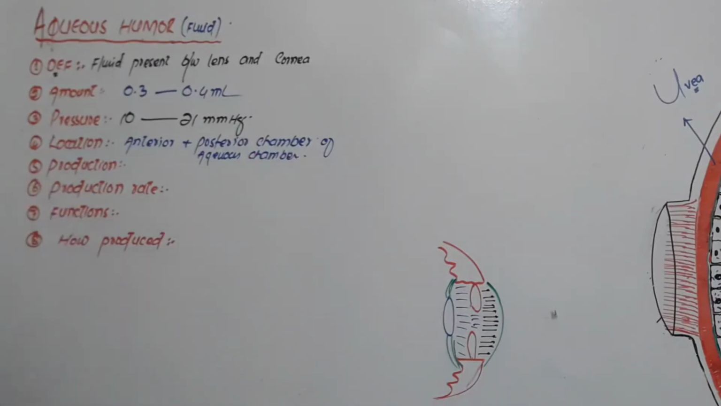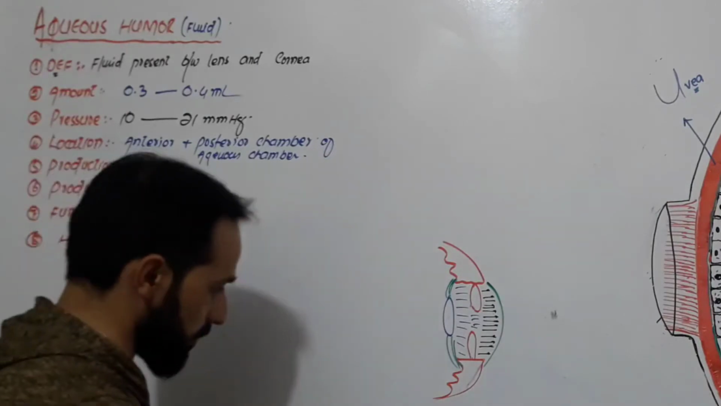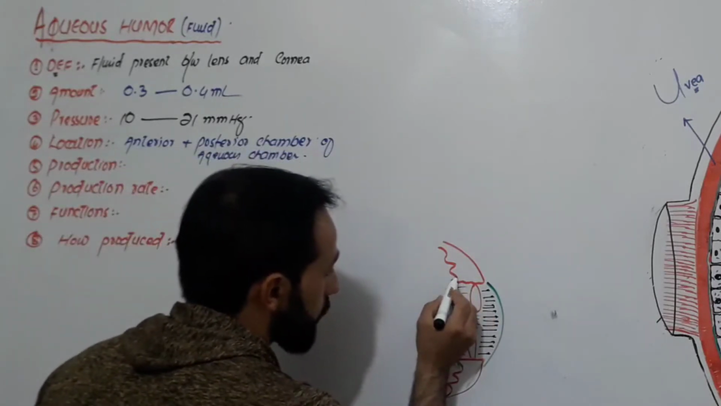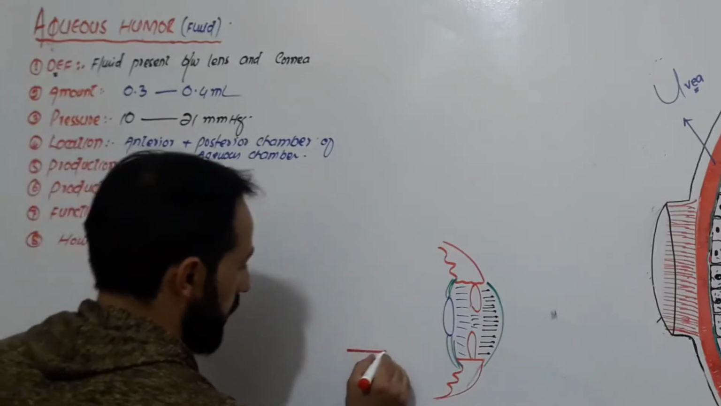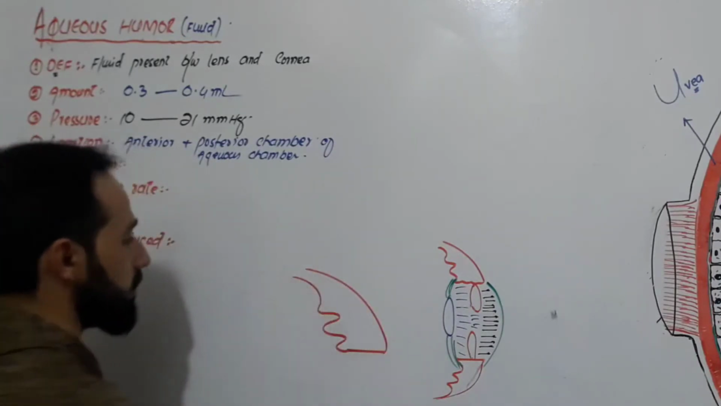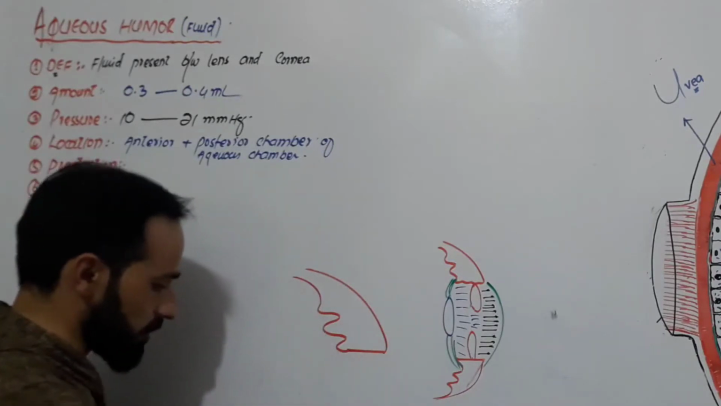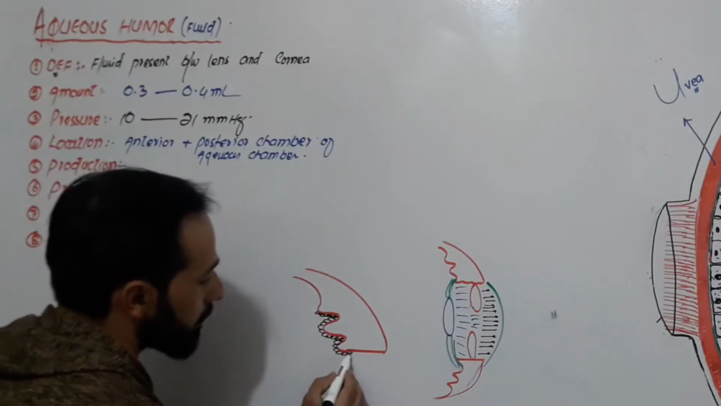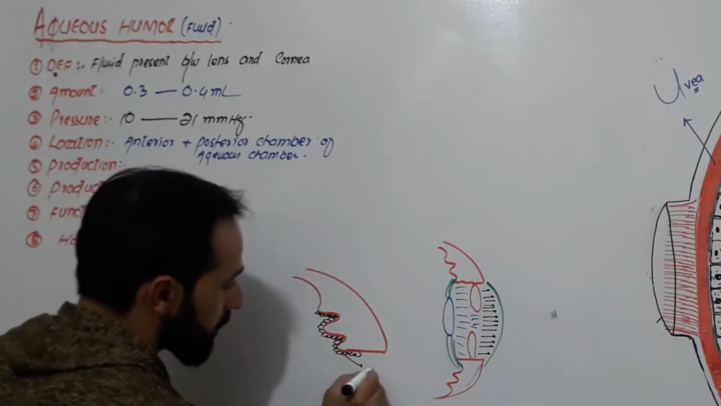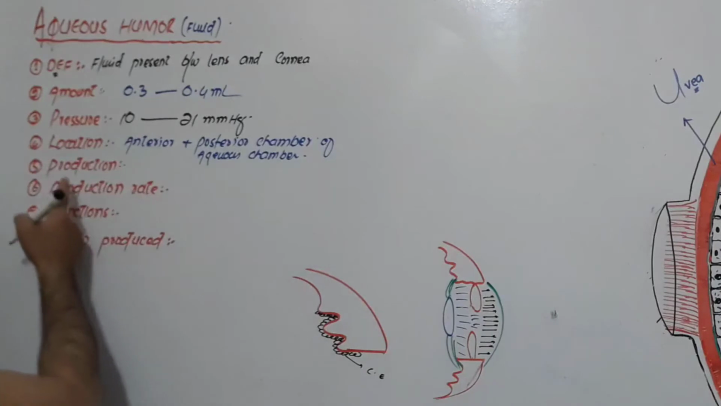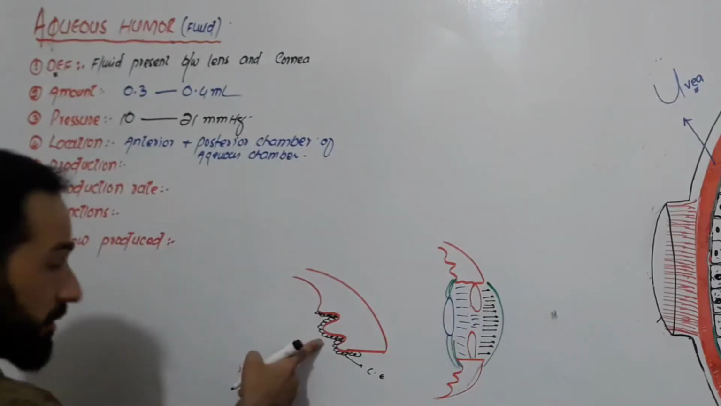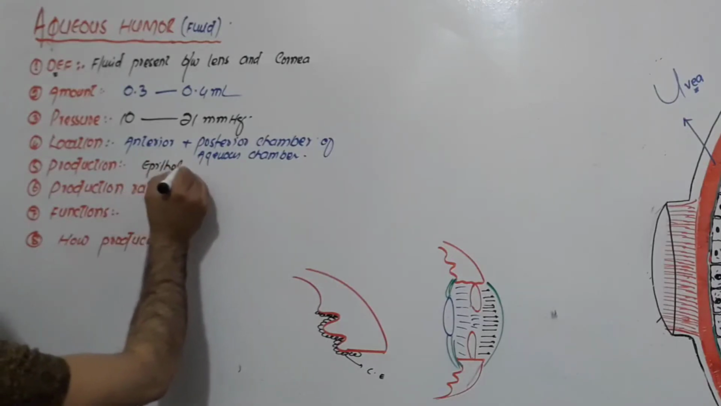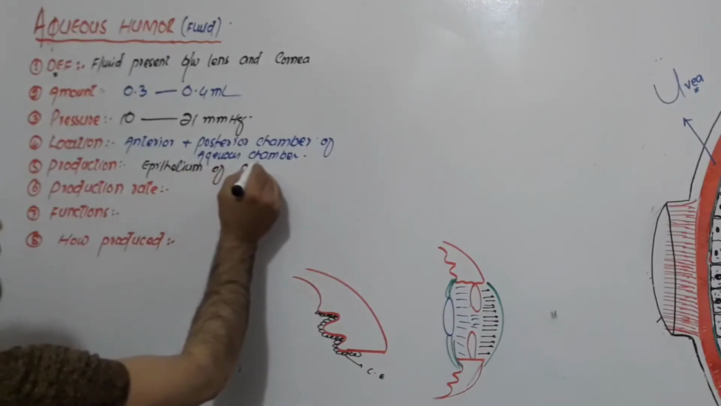Right, friends. And who produces it? Production. Who is responsible to produce it? I will go into the detail, but right now I'm telling you that these ciliary processes, right? If I make it a little bit larger, these are the ciliary processes as we had discussed, and these ciliary processes have certain ciliary epithelium, right? Some epithelial cells are present here which are non-pigmented. So these ciliary epithelium produces this aqueous humor. So I will write it here, then I will go into the detail of how it is produced. So production, it is produced by epithelium of ciliary processes,